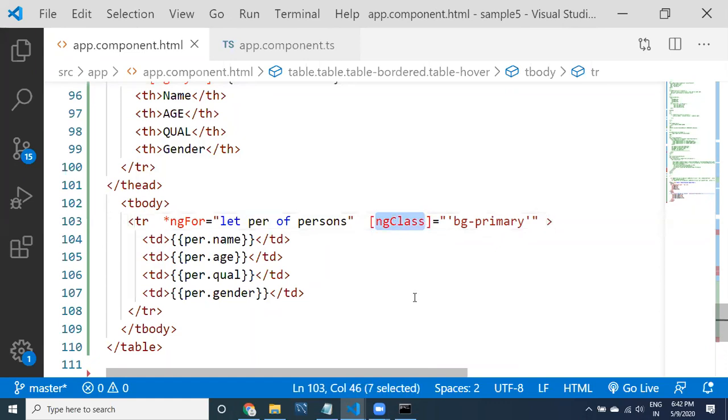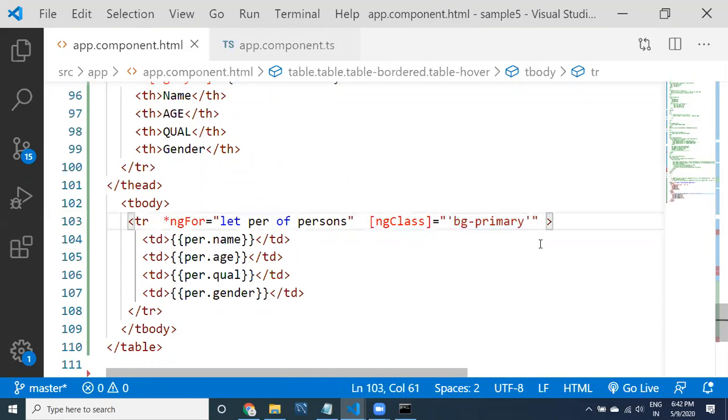This can be called a directive. Now for this directive, whenever we provide bg-primary, it's a string. If you observe carefully, it's not a property. Inside the double quotes, you are providing single quotes. This notation is very important when you are writing your code.